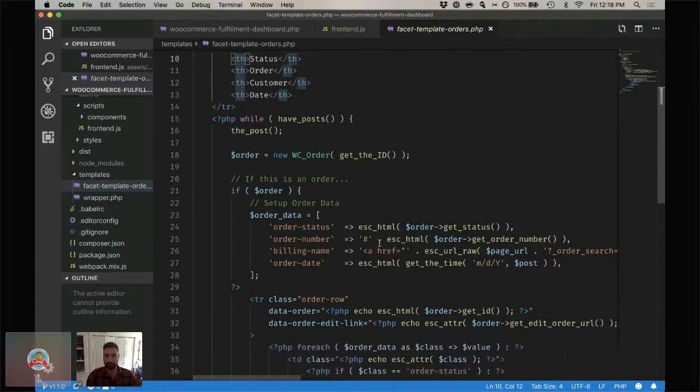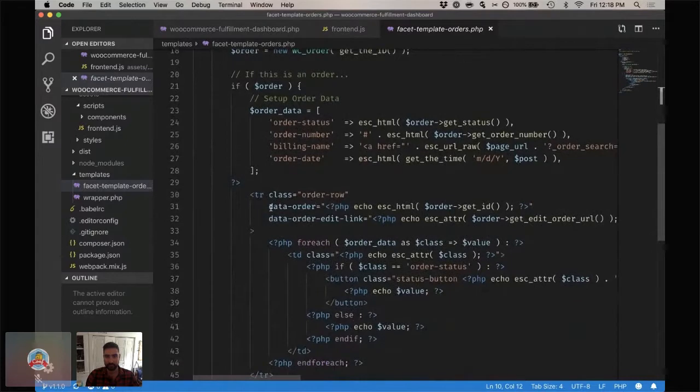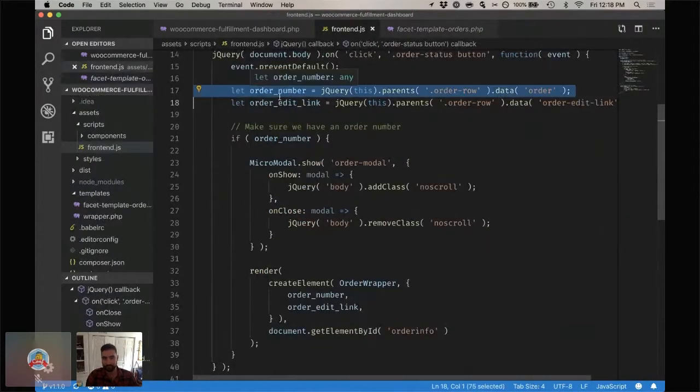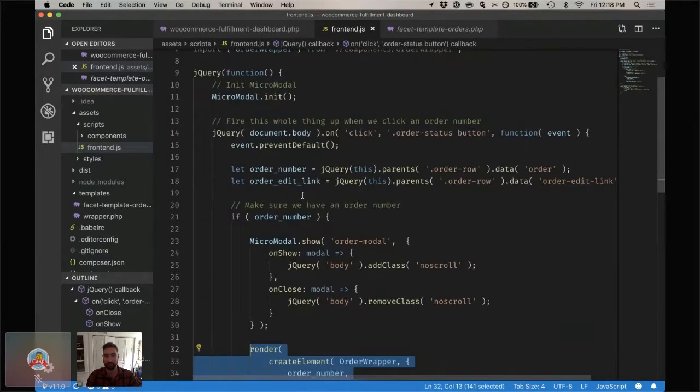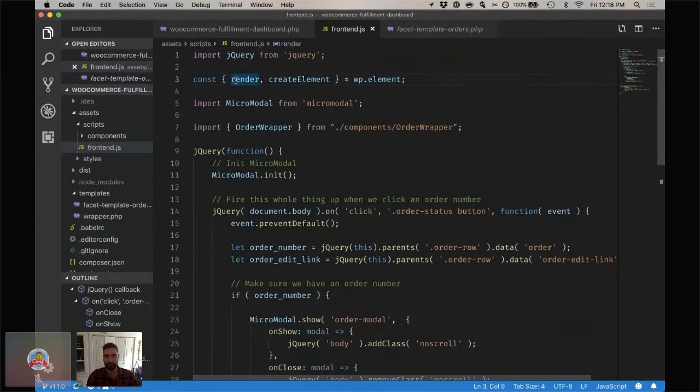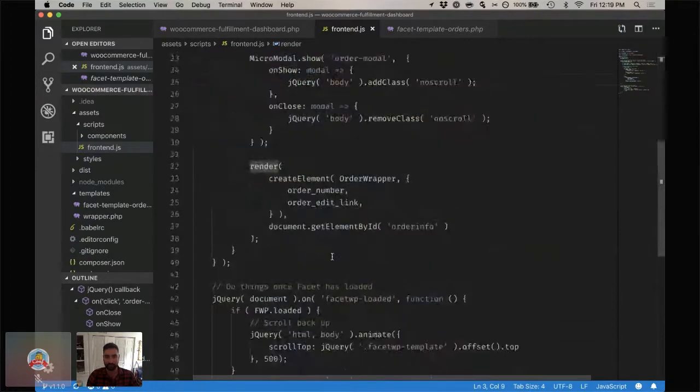We've got these 4 columns, and you can see right here on this order, we grab the ID for the order right here. And so we're picking up here, and then we're rendering this React element, and this might look familiar if you've done some React work. You can see right here we're calling render and create element from WP element, and we are rendering the order wrapper component, which I'll show you in a minute, giving it this scope, and we're setting that to the order